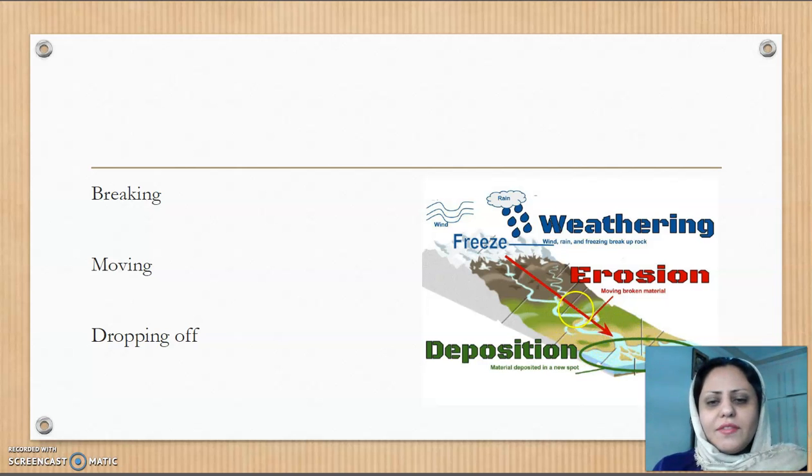and then they deposit it. It means that they just drop it off somewhere where they are not strong enough to take it anymore. That is called deposition. So to summarize, weathering is like breaking, erosion is like moving the sediments, and deposition is like